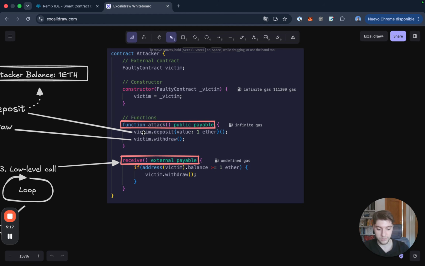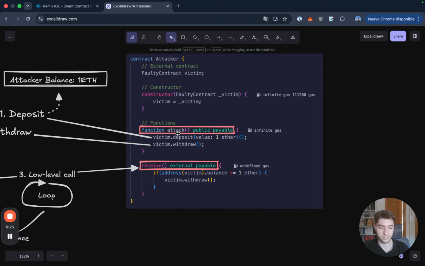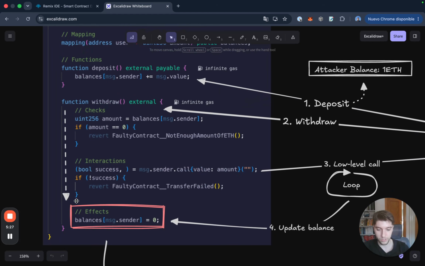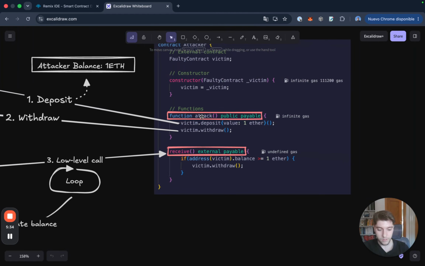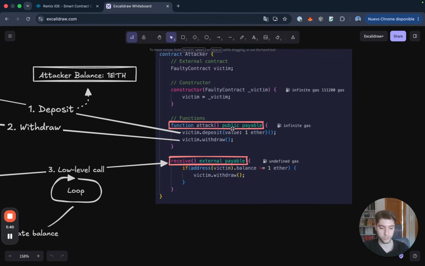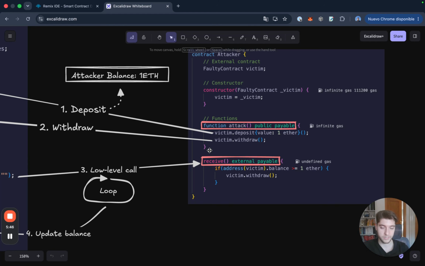Number one thing it does is it calls deposit, because a user must have some sort of ether inside of the faulty smart contract in order to be able to call the withdraw function. Remember that if we call withdraw with the amount being 0, it's going to revert. But in this case, the attacker is going to deposit 1 ether inside of the faulty contract, the victim contract, and then right after that call victim.withdraw,